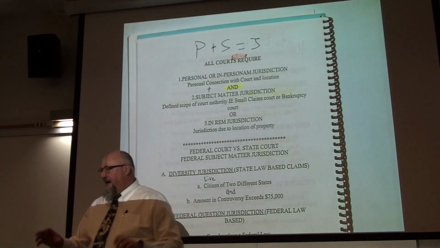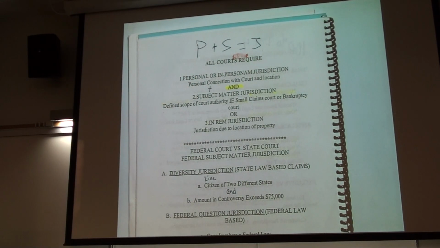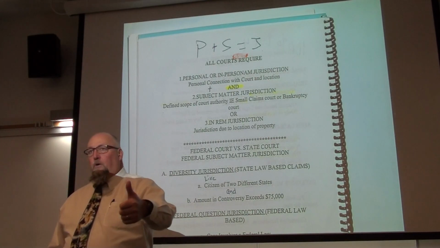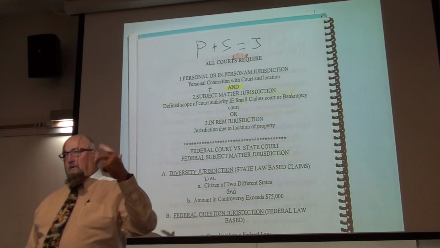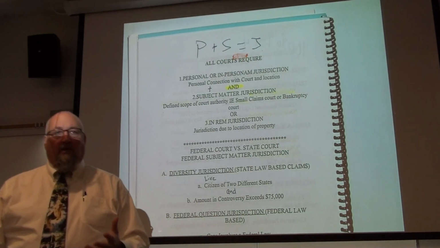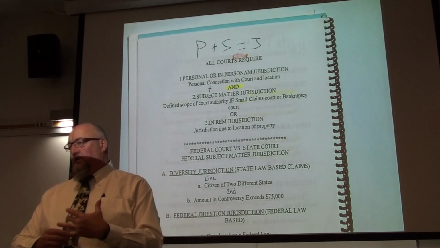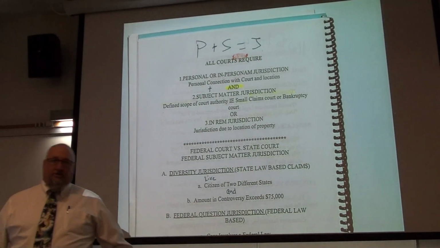If you do not have both, that is the wrong court. You have to go find the correct court, because that court does not have jurisdiction. So, trial court, jurisdiction, original jurisdiction, appellate court jurisdiction, exclusive jurisdiction, concurrent jurisdiction, it's on the page before. Personal jurisdiction